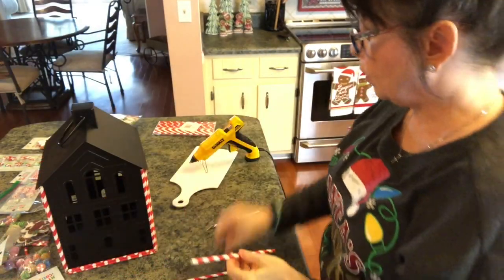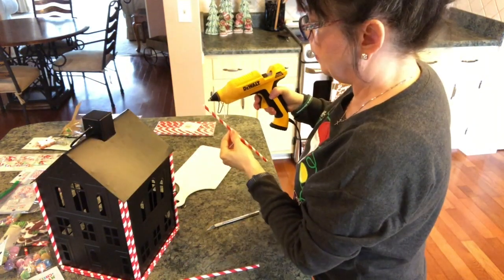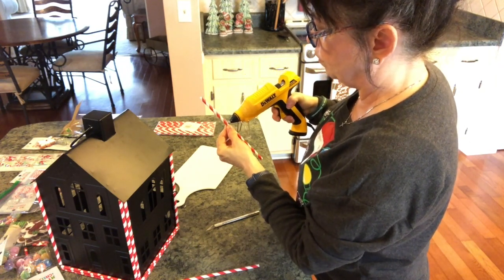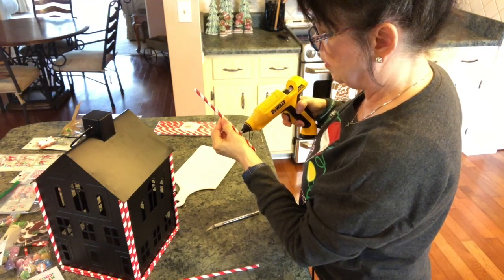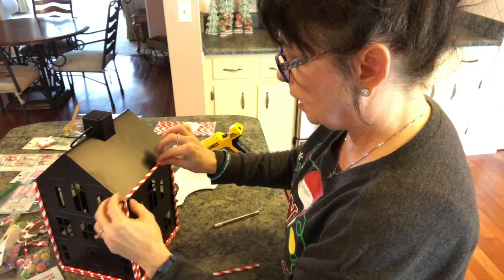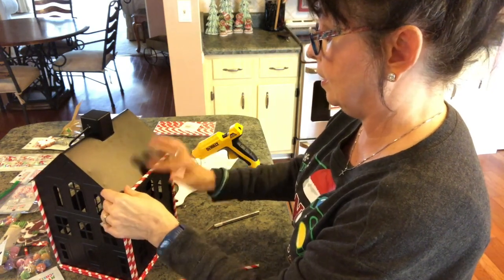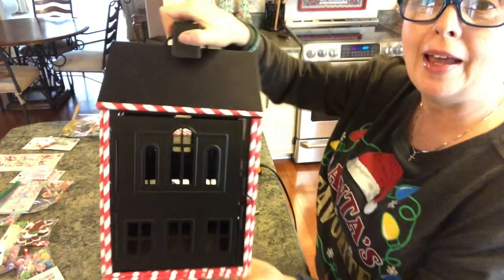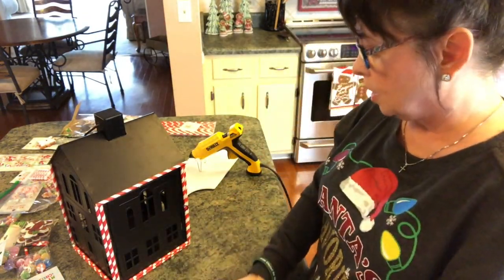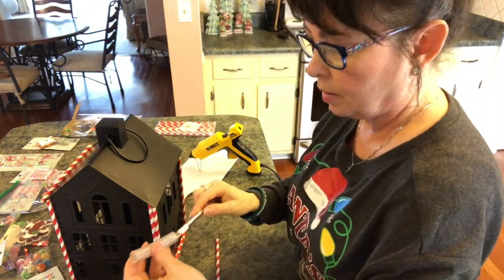Okay, I went ahead and cut two while I was at it. And I'm just going to, same principle. And I really think this glue would hold it nicely. I mean, I'm not worried about it, but if you're going to have children touching it a lot or something, then I would do both glues. But when this goes on, it's pretty much there, okay? And that's what we're getting. My earring came off. Ooh, okay. So then we're going to come over here. Let me put this up before I...